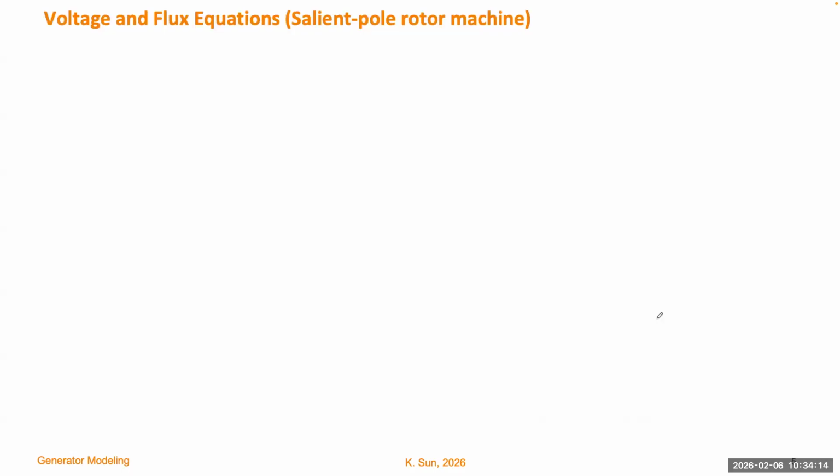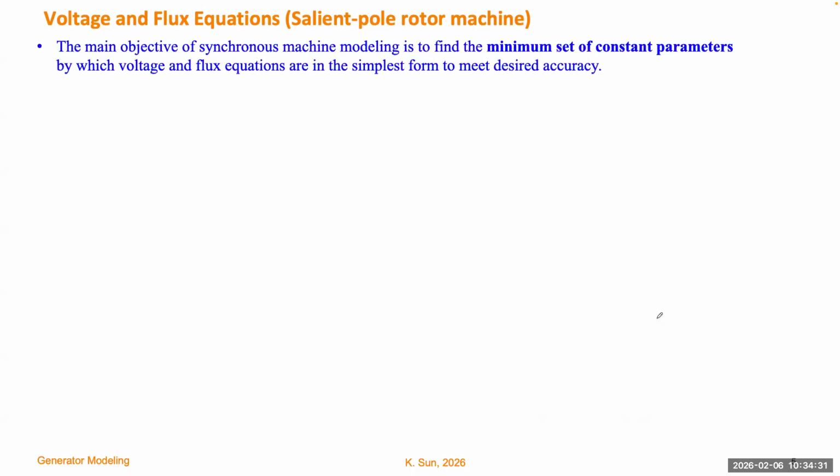Okay, so next we want to start listing some equations to model the quantities of the generator, including voltage, current, and flux linkages. We use a cylindrical rotor generator as one example. Because we start modeling for the generator, let me explain the goal or the objective of modeling. When we see any statement about doing modeling for something, what is the modeling really doing, or what is the goal? The modeling is trying to find